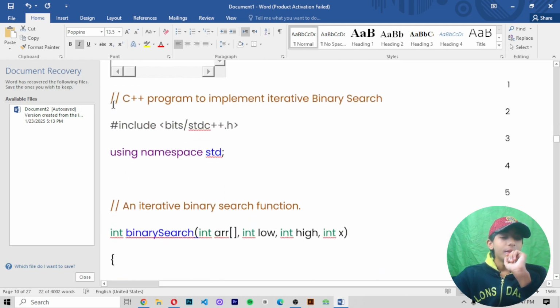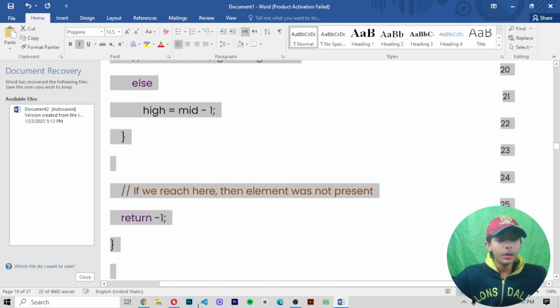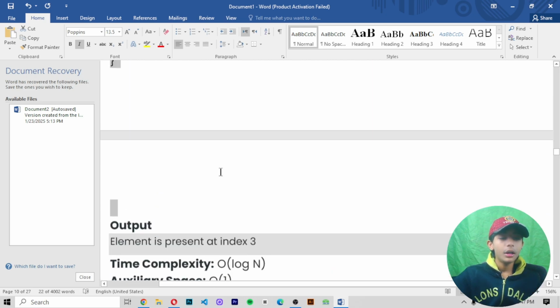This is one example in C++, and we are using C++ for all the coding.